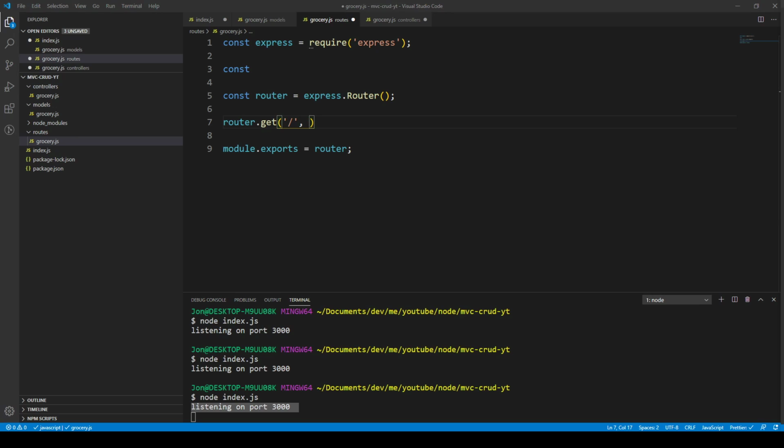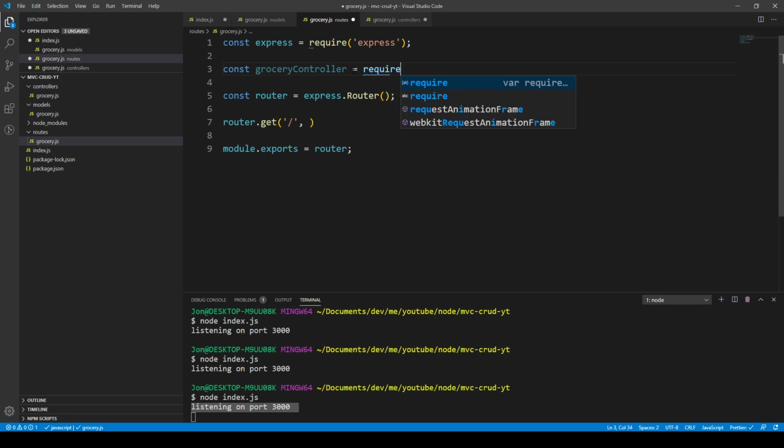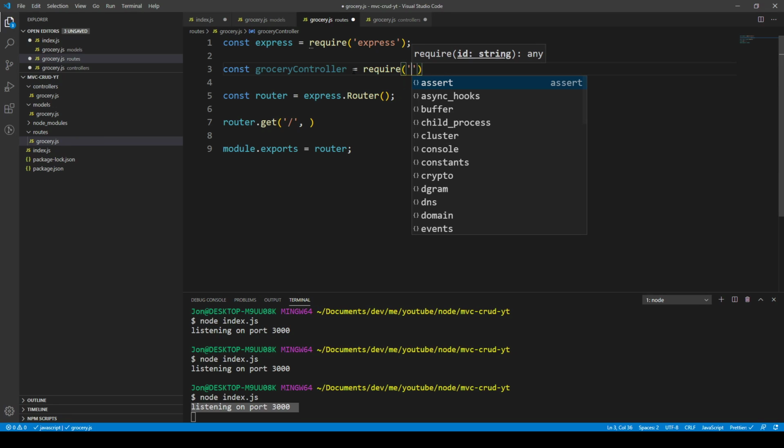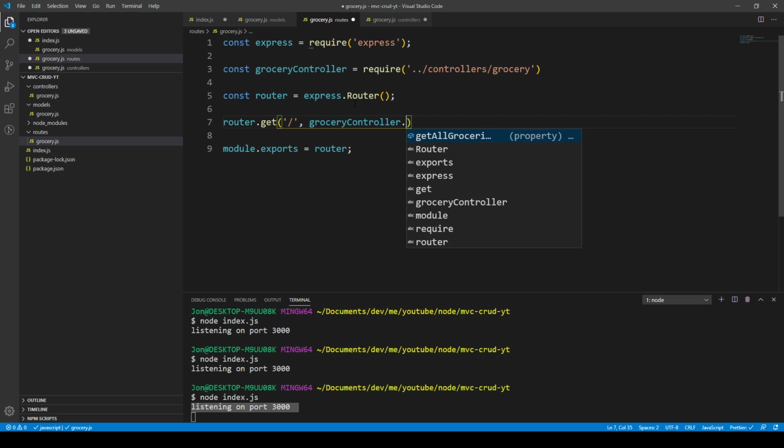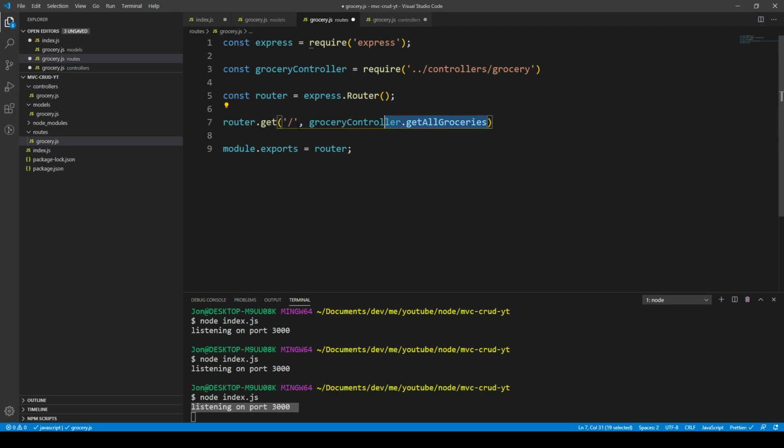and we need to import this into our routes section. So we can say, okay, the constant variable grocery controller will just require that controller we've created, controllers/grocery, and we can put that grocery controller, and then use that get all groceries. So we don't actually call the function itself, it's more like a reference to the function. So when you hit this point, then this will be called,